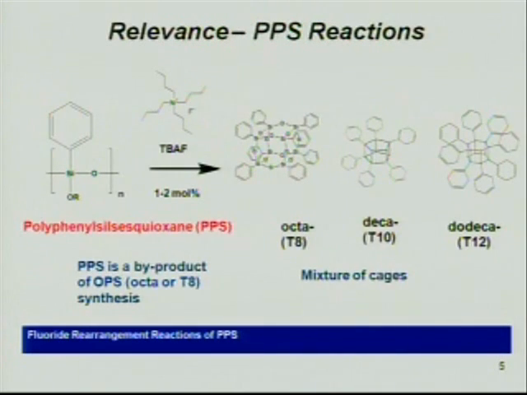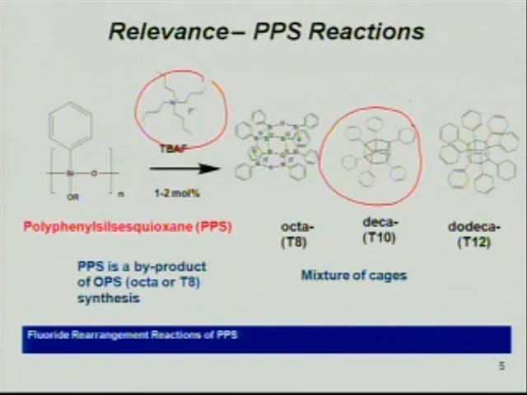What I'm specifically working with is this molecule known as polyphenylsilsesquioxane. I run rearrangement reactions with this PPS, and when we add tetrabutylammonium fluoride, which is shown here, we in particular want to isolate the deca form of this molecule. This reaction is particularly relevant because our starting material is very cheap and relatively abundant because it's a byproduct of